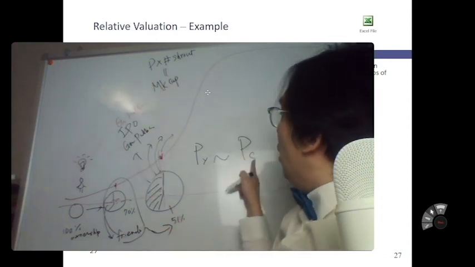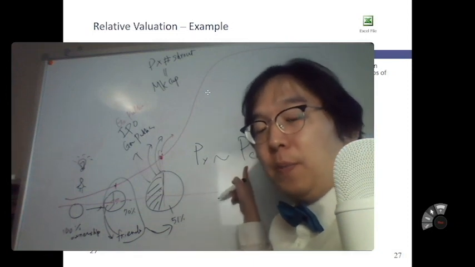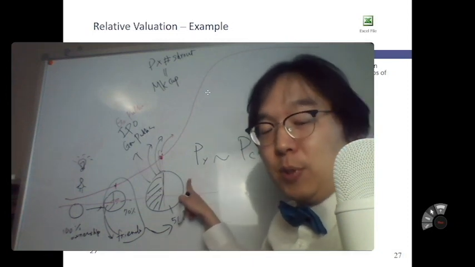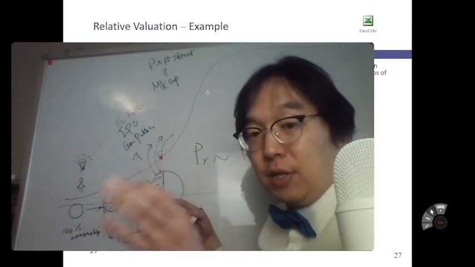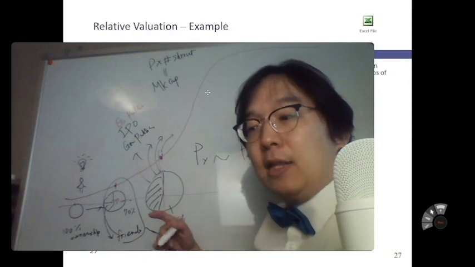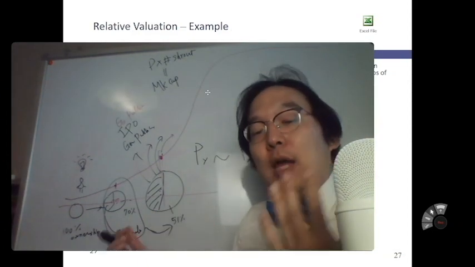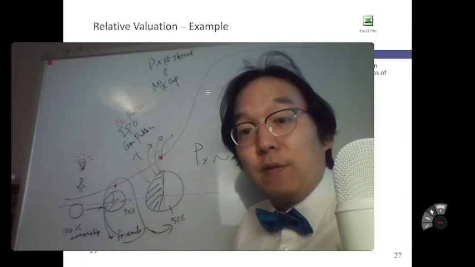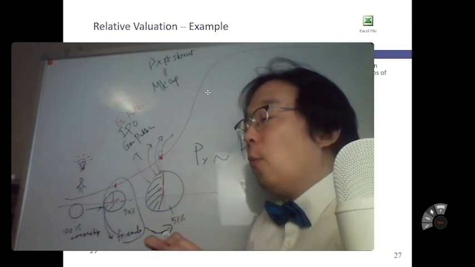So you cannot compare the price per share of your competitors with the price per share of your own company, because of that number of shares outstanding concern. So in that sense, you have to have some kind of standardized way of comparison. And what do I mean by standardized? Well,